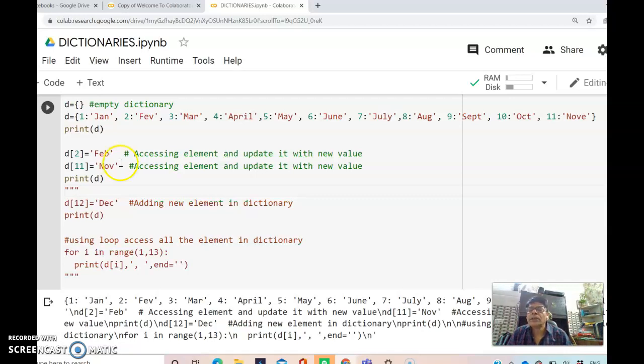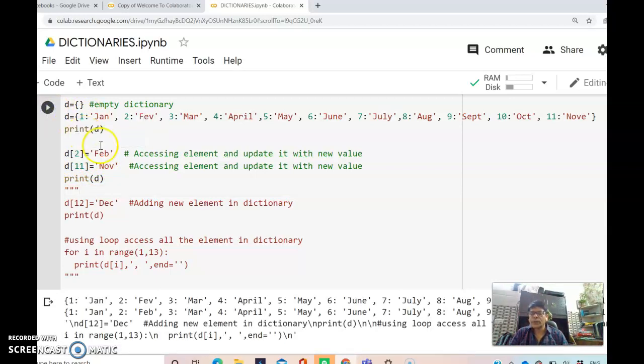I am starting here. So let me see up to this one, what is the first thing that will be printed, and then it will be corrected. Let me see. Okay, so it has happened there. So this has come, you see 1, then January, 2, then February. This is the unchanged one, and after that we have changed two values, and that change is reflected back here, and that is 2 is FEV, and so on. It has gone to the 11th part also, that is NOV, November.